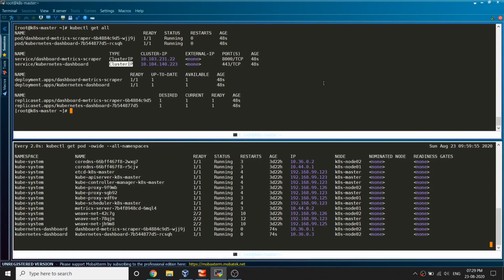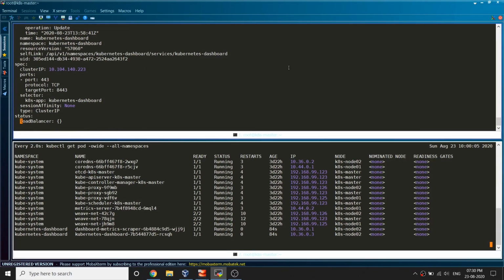Let's do that. kubectl edit, and let's edit the service kubernetes-dashboard, and go to the bottom of the file. Here you see the type, and change the type from ClusterIP to NodePort,